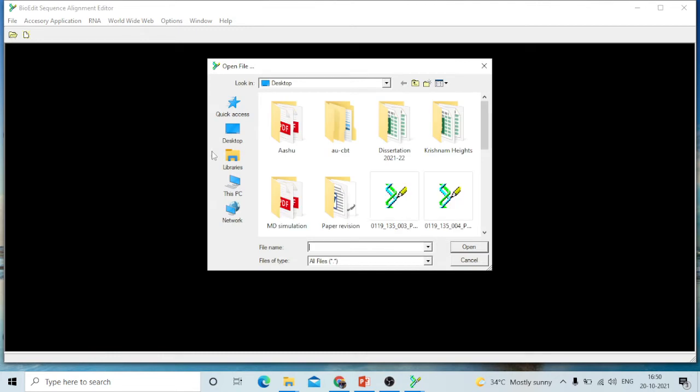As I already told you, once you've isolated the DNA and you send it to any company for sequencing, they give you a chromatogram. A chromatogram is nothing but a pictorial representation of your sequence. Let me show you some chromatograms which I got for my sequence, right? These are two chromatograms I got. Let me open the first one.